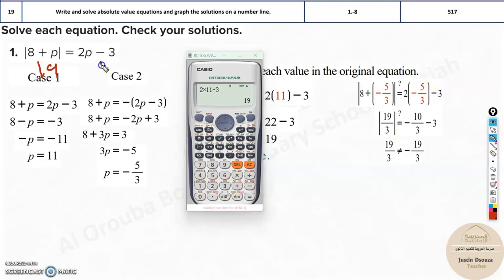It's 19. Yes, this is correct. Okay, now you must do the same thing with this p-value. We did with 11, right? Now you must do with the other